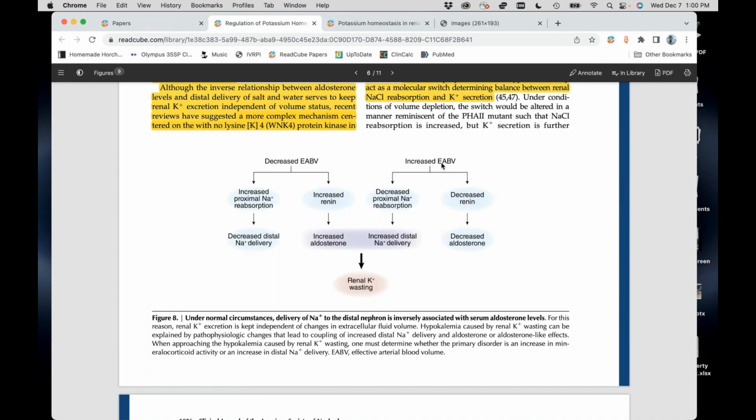When we have increased effective circulating volume, then we have less salt that's going to be reabsorbed proximally. You're going to have increased distal delivery of that sodium, and that will cause increased tubular flow. And that should cause more potassium wasting because now that cilia is activated, we're going to have more ROMK and more BK channels put onto the lumen, and that should cause renal potassium wasting. But we also have less renin because we have more sodium and chloride in the distal tubule, therefore less aldo. So aldo is not going to stimulate that basolateral sodium potassium ATPase. So in both of those scenarios, mostly due to the tubular flow rate, even though we have aldo